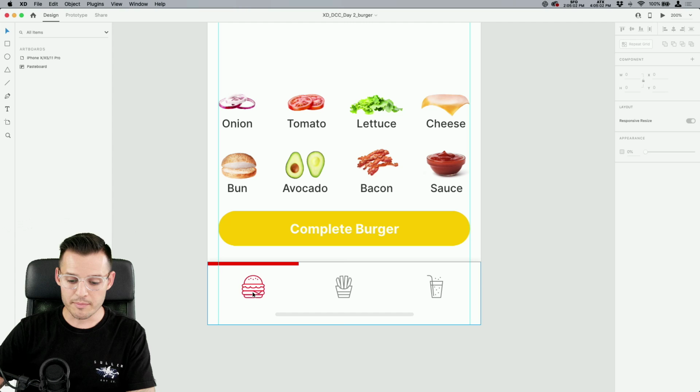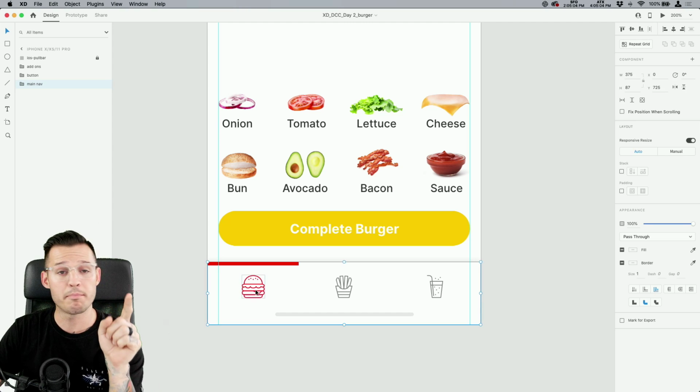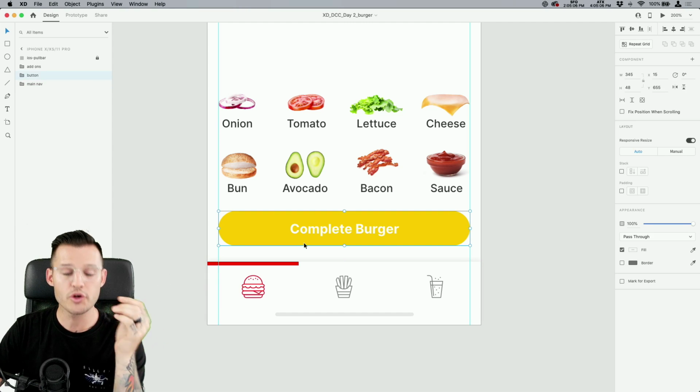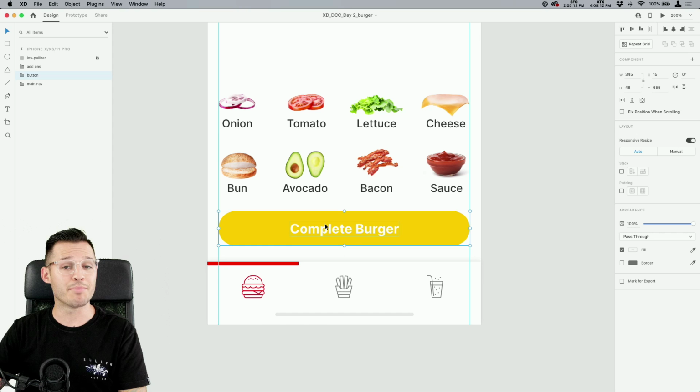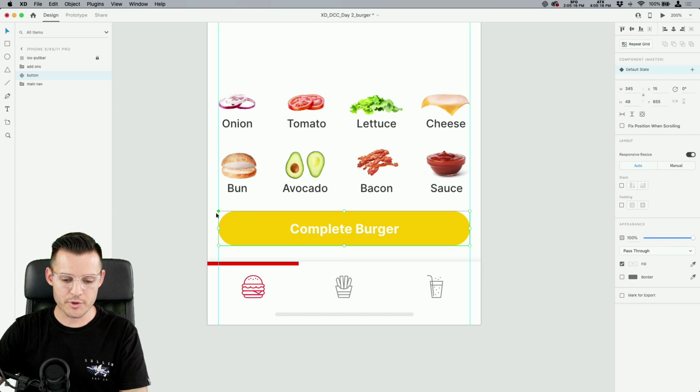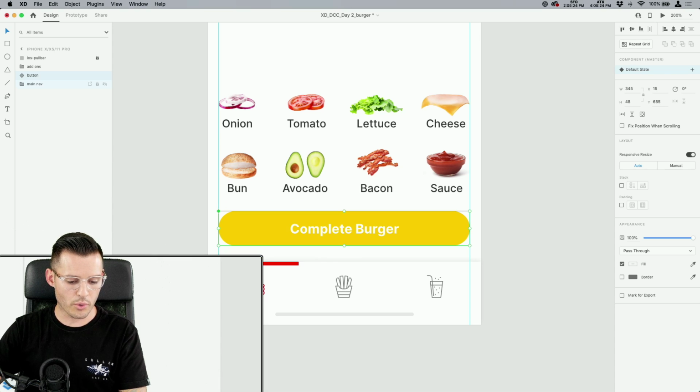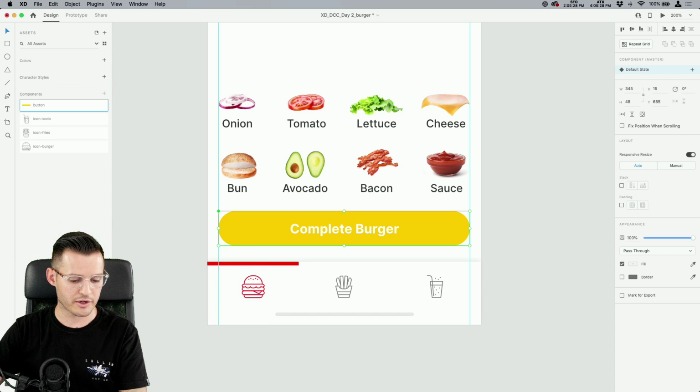Okay, let's talk about the simplest form of a component and a component state. If you don't know, a component is a reusable element you can use over and over and over in your design. You can take something like this button that I have here, press Command or Control K on your keyboard, and bam, you're going to get the little diamond now here in the layers panel and here on the actual element. We're going to kick over to our assets panel by tapping here, or we're going to hit the hotkey of Command or Control Shift Y, depending on your operating system.